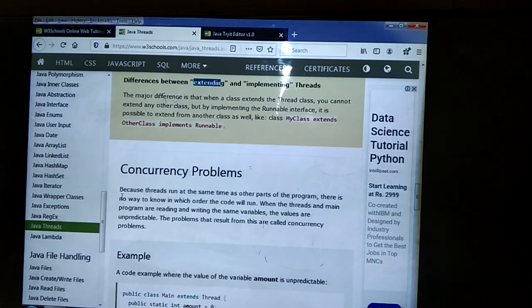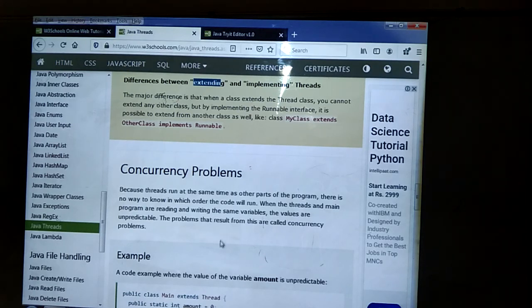There is no way to know in which order the code will run, and which will use the variable, the thread or the main method. When the thread and the main method are reading and waiting for the same variable, the values are unpredictable, meaning we cannot predict them. The problem that results from this is called the concurrency problem.